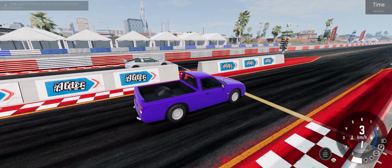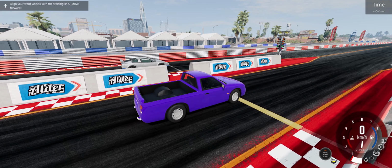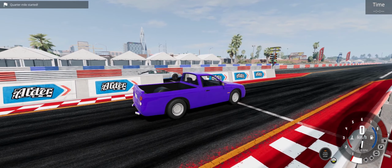Now, this thing also has a race trim. Someone accidentally put nitromethane inside of the fuel tank. It also has all-wheel drive and a bigger rear wing. You'll see that in a...